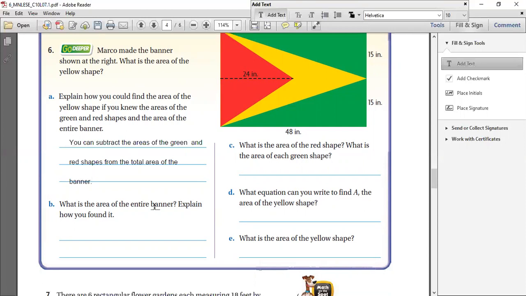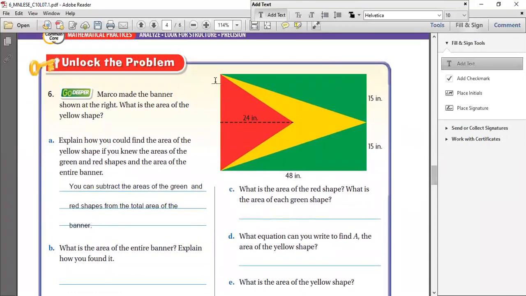Okay. Now, what is the area of the entire banner? How can you find the area of the entire banner? They're saying this whole rectangle. So how can you find the area of the whole rectangle? Multiply the length. So let's write here, area is equal to 48, that's the length, multiplied by 48 multiplied by, what's the width of the rectangle? That's 30. So 30 multiplied by 48 is going to give you